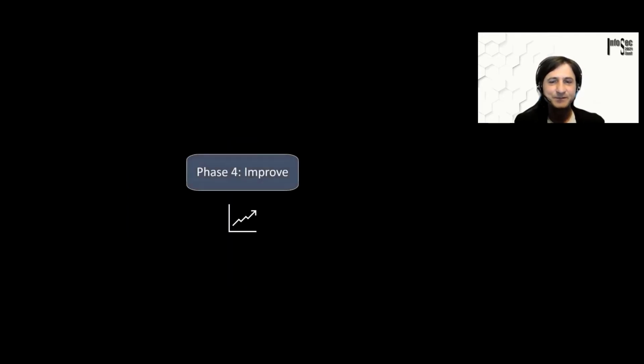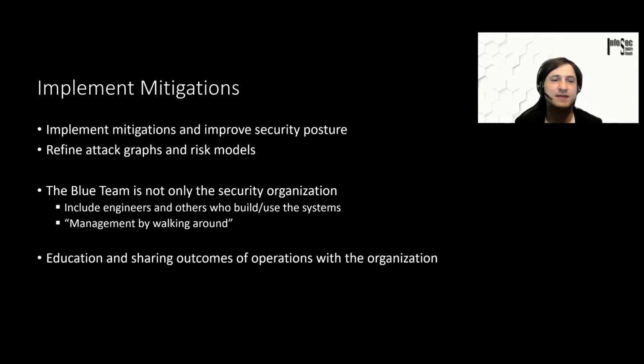And then the fourth phase is actually, let's talk about the improvements. And this is really about implementing the mitigations, improving the security posture, refining the attack graph. Usually red teams have in the attack graph sort of how they see the company or the organization, what attacks they know will succeed, and the likelihood of them succeeding. So they have a pretty good model, sometimes even one of the better models in an organization on how the assets are connected with each other. And also refining the risk model, of course, which means updating risk scores and so on.